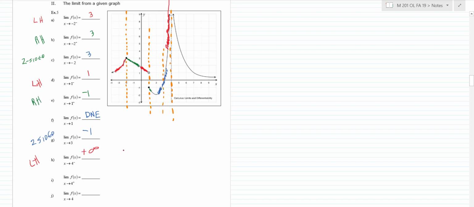Technically, you could say does not exist because infinity is not really a number. I prefer that you just get used to saying, okay, that's going to infinity. That's the preference, okay? The right-hand limit, from the right of that, is the same thing, okay? From the right of that asymptote, as you close in on the asymptote from the right, that's going to infinity,